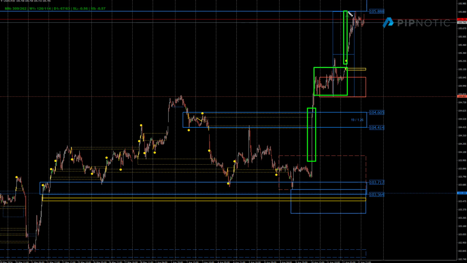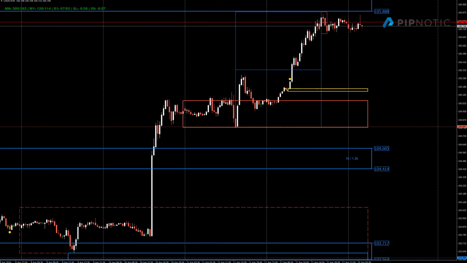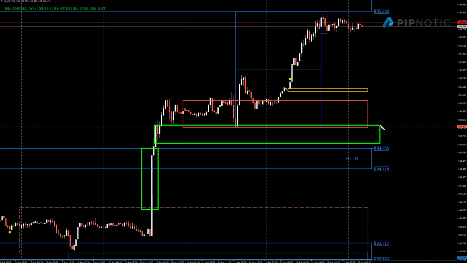Before they rallied up into that 4-hour supply, that we can see going back quite far. So here, I would expect prices to pull back a little bit to a logical area of demand. And because we have this, I would be a little bit careful about buying here, because this should rebalance. And we've got this here, and I don't like this so much because this is just messy.